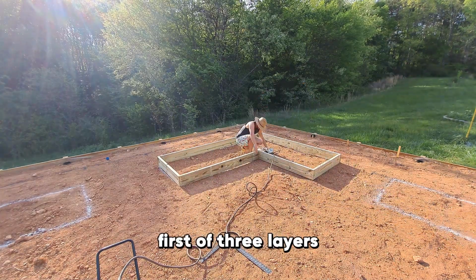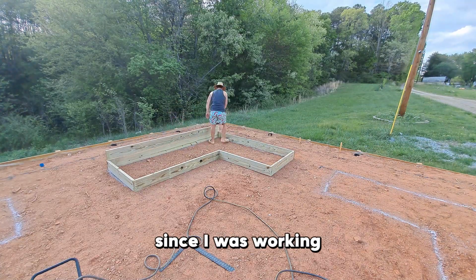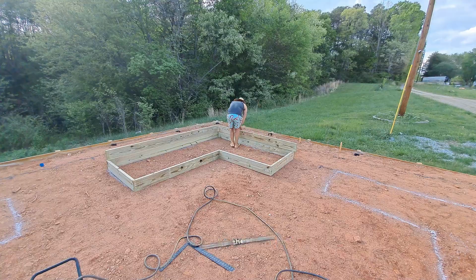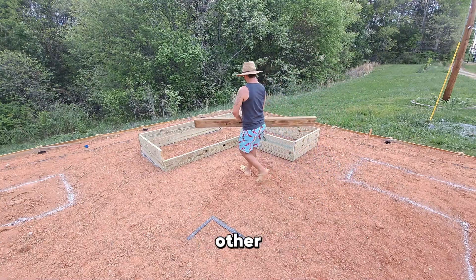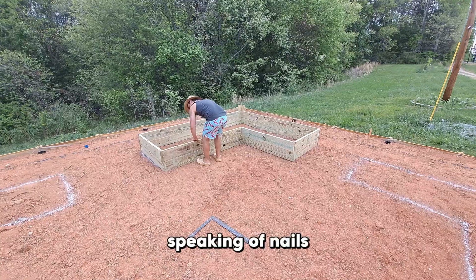So I've got the first of 3 layers nailed together, and here I am bringing a second layer. Since I was working on level ground, I was able to stack all these layers on top of each other without them falling all over the place while I nailed them in. Speaking of nails,